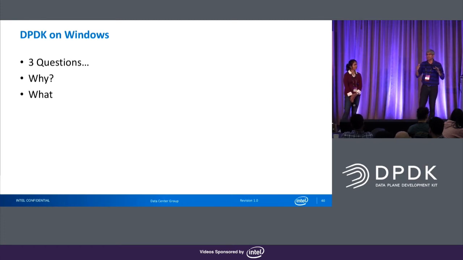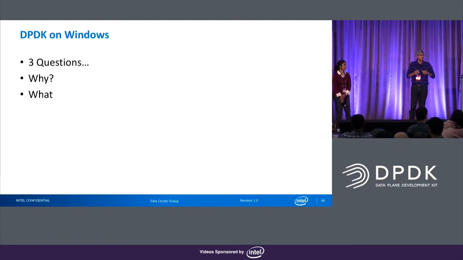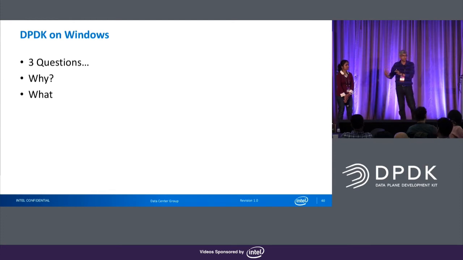I put this in there because we are at a stage where we need you to help us. And one of the reasons for this, Tama brought this up at the reception yesterday, is that the common part of EAL, they call it common, but technically it's common for Unix-based operating systems. So Linux, FreeBSD, everything works. Mac OS, if you tried it, might work, but not Windows. I'll give you an example with a technical audience here. There's a source file in the common EAL folder that includes a file called dirent.h, which does not exist on Windows. And this is in the common code. So now we have to get a Windows implementation of that file.